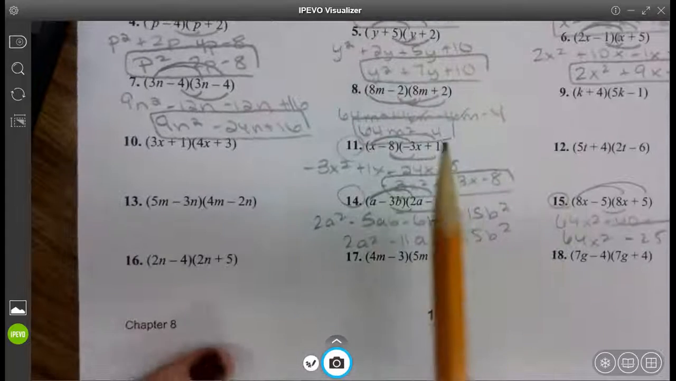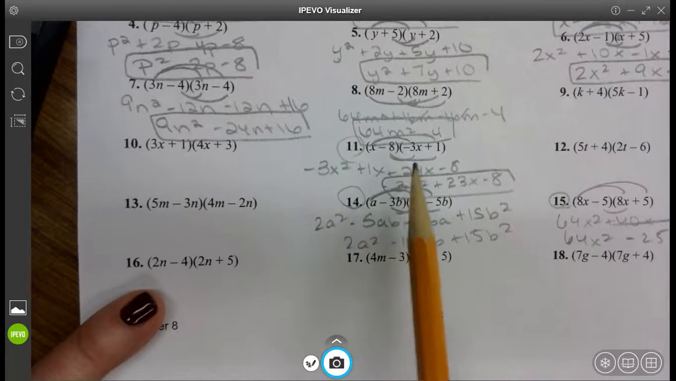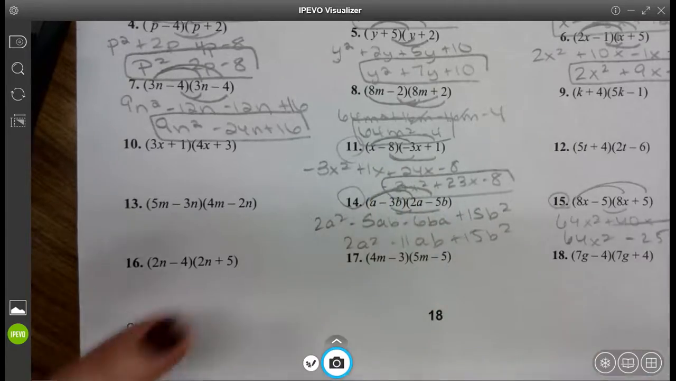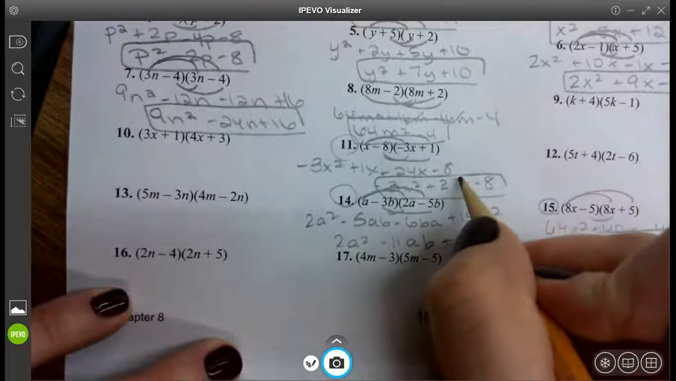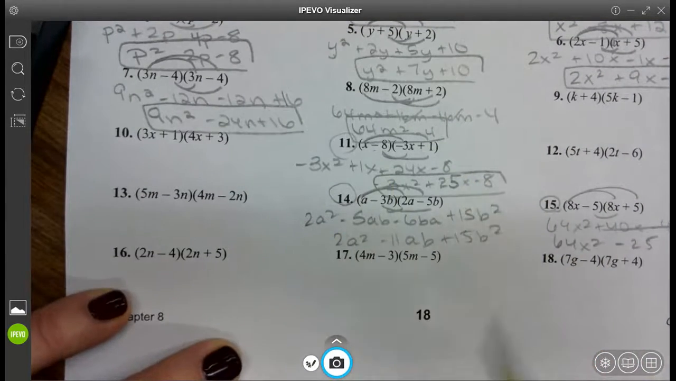Okay. This one was kind of awkward. A positive 1, a negative 3 is a negative 3x squared. 1x, 24x is 25x. Why did I write 23? And then negative 8 times a 1 is a negative 8. Here,